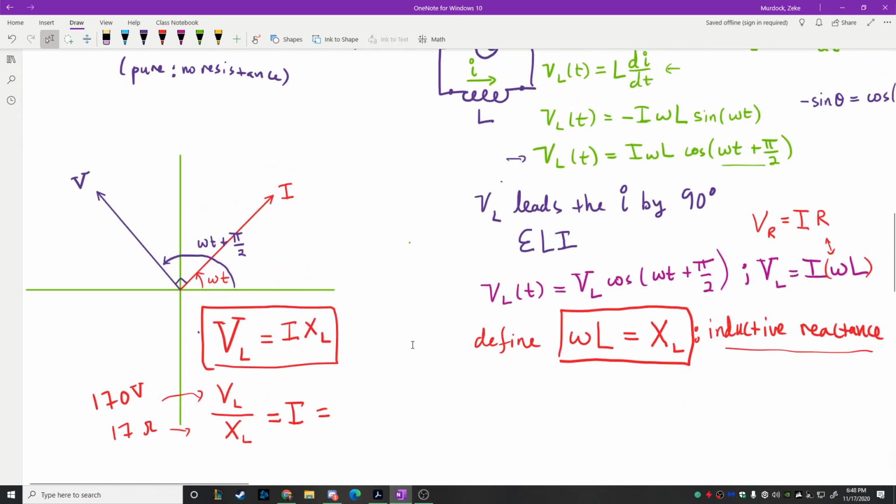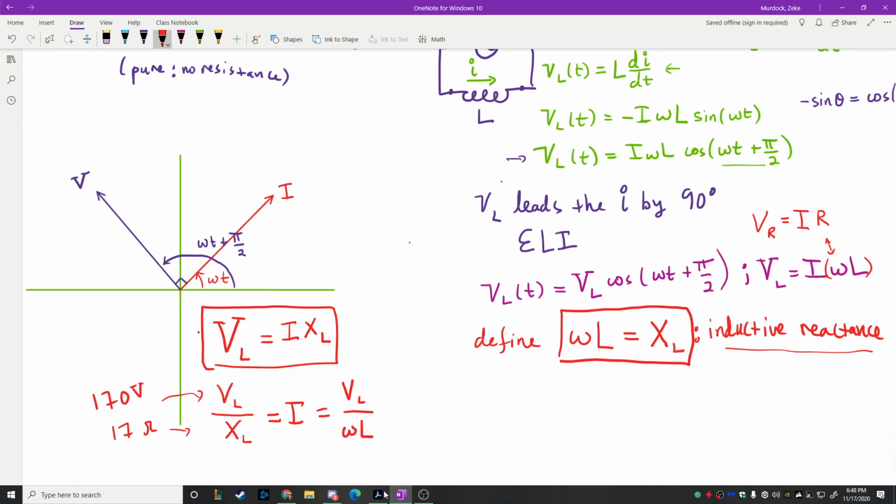as long as you remember that to find the quote-unquote resistance of an inductor, it's not really resistance. It's inductive reactance, but it shows the way that the system reacts to the inductor, right? And if we write it like this,